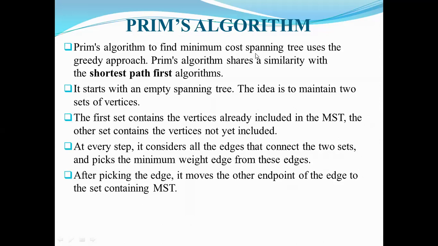So based on the number of cycles, we can frame the formula as: total number of edges C, the number of edges required to construct a spanning tree, minus the number of cycles in the graph. I will show you in an example how many spanning trees are possible for the given graph. From that we can directly construct one minimum cost spanning tree using Prim's algorithm, because we have a separate procedure. We need to follow that procedure for constructing the spanning tree. Straight away we get the minimum cost spanning tree using this particular procedure.